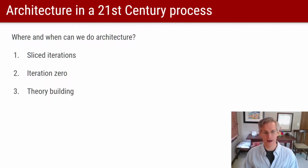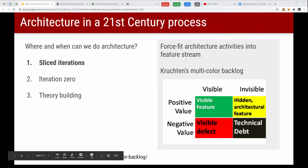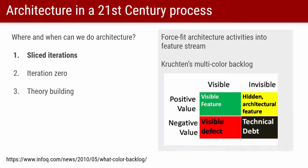So let's take a look at the three major options you've got if you want to fit architecture into a 21st century process. I've given these sort of my names, but the ideas I think are fairly well agreed. The first thing is what I call sliced iterations. That is, on any given iteration for your team, I better toggle off my things so you can see this slide. There we go. Sliced iterations is the idea that within a given iteration where you're usually developing features,